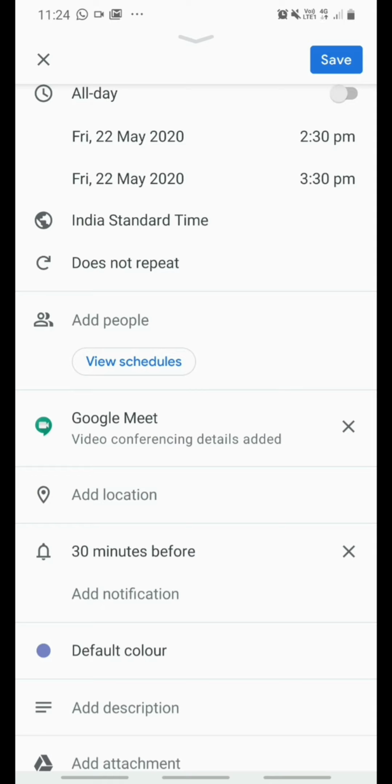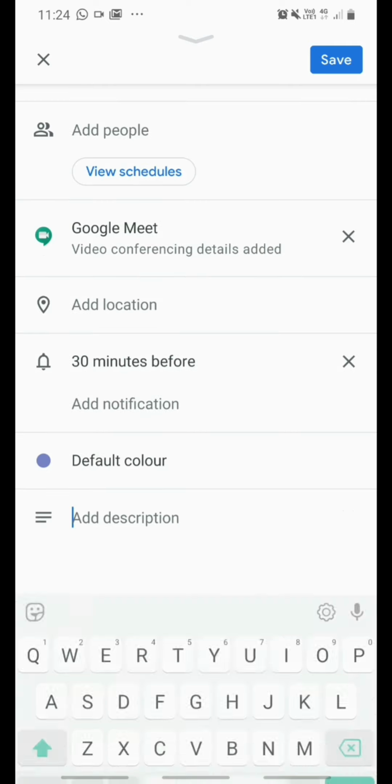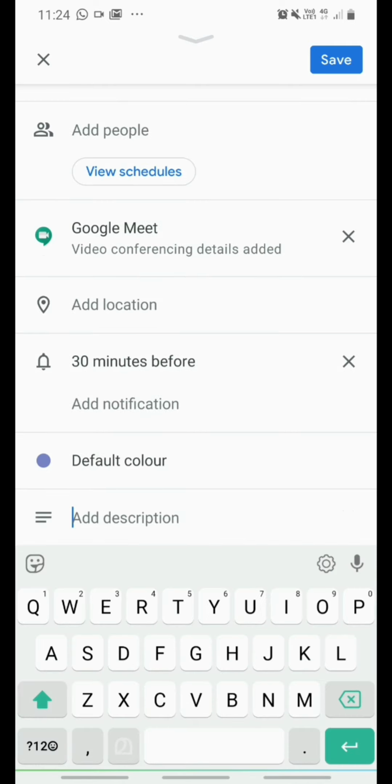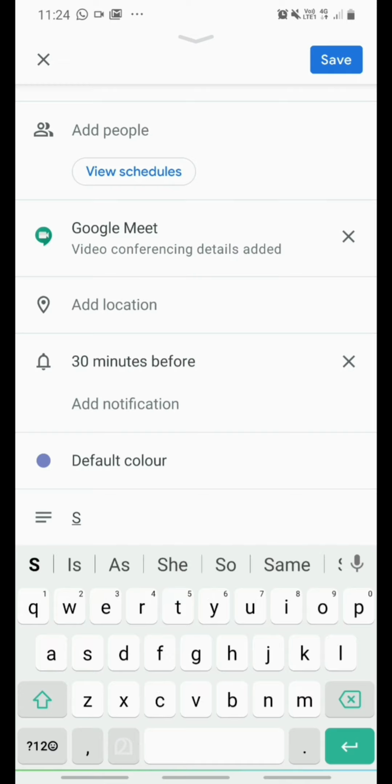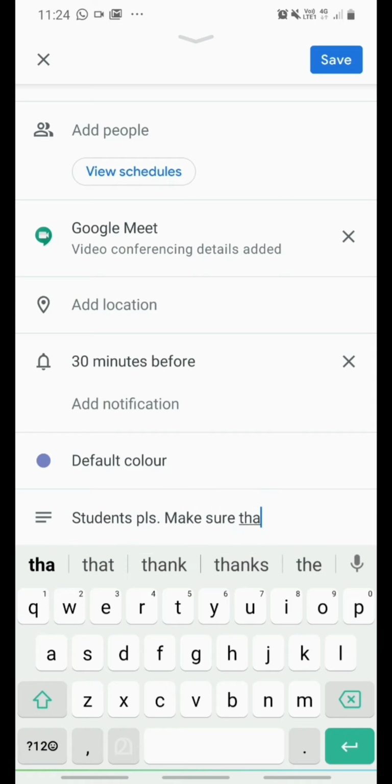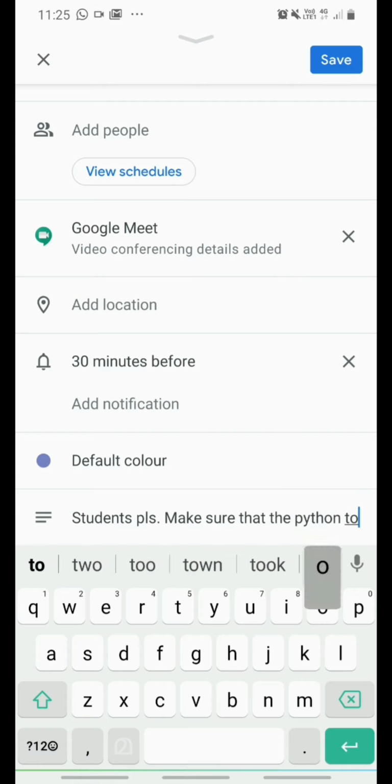If it is about conducting an online session for students, we can have some information for getting ready to attend our session. You can add some information or description on what topic we are going to conduct. All those things we can include here. This is the use of this description box. Here you can add the details or description about your meeting.